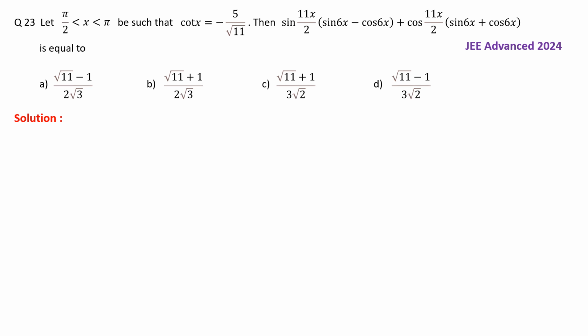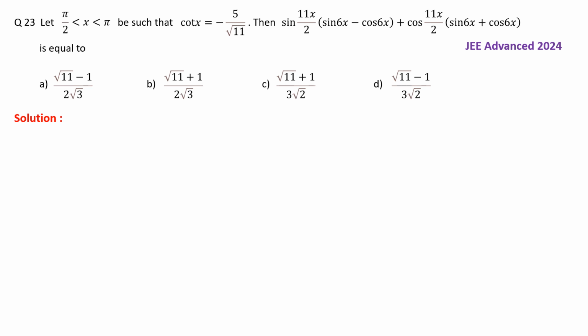It says, let x greater than pi by 2 but less than pi be such that cot of x equal to minus 5 upon square root of 11. Then we have to find the value of the expression sine of 11x by 2 into inside the bracket sine 6x minus cos 6x bracket close plus cos of 11x by 2 into inside the bracket sine 6x plus cos 6x bracket close. Now it's a simple question but an interesting one, and in order to solve this problem I